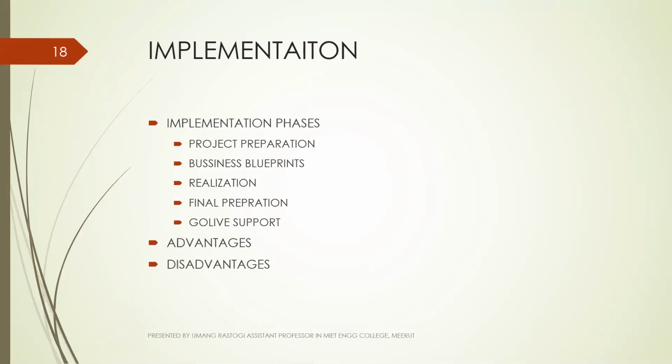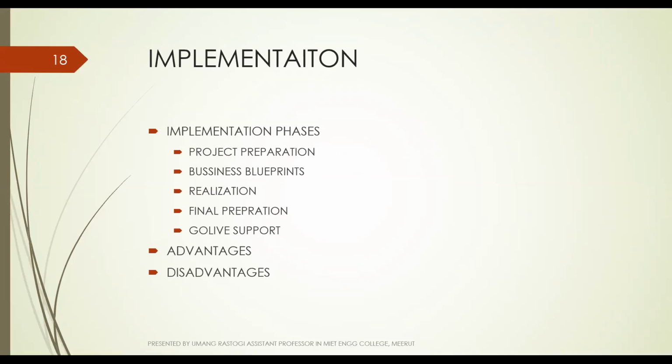Next, implementation. How will it be implemented in the ERP? SAP ERP consists of several modules including financial accounting FI, controlling CO, assets accounting AA, sales and distribution SD, material management MM, production planning PP, quality management QM, project systems PS, plant maintenance PM, human resources HR. SAP ERP collects and combines data from the separate modules to provide the company or organization enterprise resource planning.